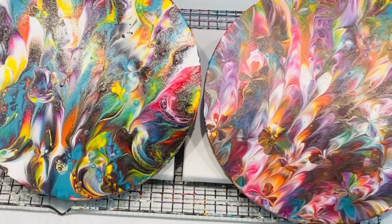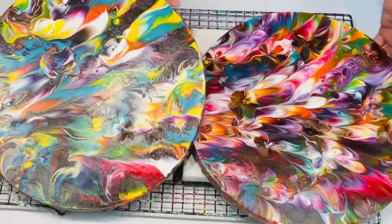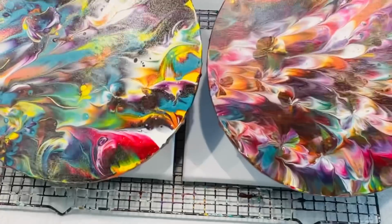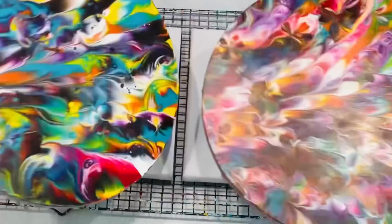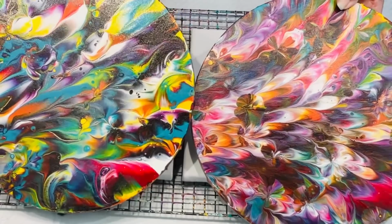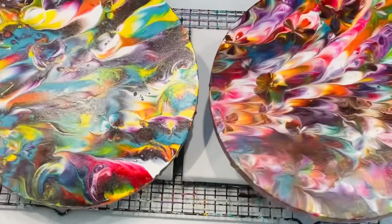A very simple technique. It gives lovely effects, as you see, and you would not be able to guess how much this particular video from this pour earned me in just YouTube payment. I'd like you to have a look. I'll put a link to this particular video. Have a look through the video